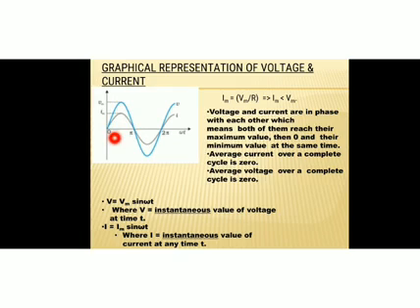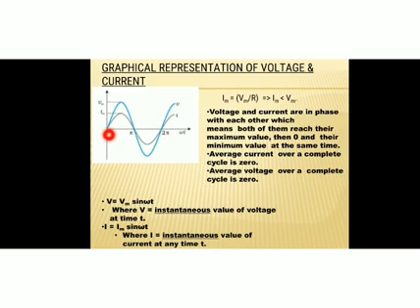But at the same time we can say both voltage and current start together, isn't it? Here current starts from origin, at the same time voltage also starts from origin. Now current reaches maximum at this point. Voltage reaches maximum at this point itself. Again, current becomes minimum at this point, that is pi. Voltage becomes minimum at pi itself. Again, current increases in the reverse direction and becomes maximum here. Voltage also increases in the negative direction and becomes maximum here. Again becomes minimum at 2 pi. It goes on like that.